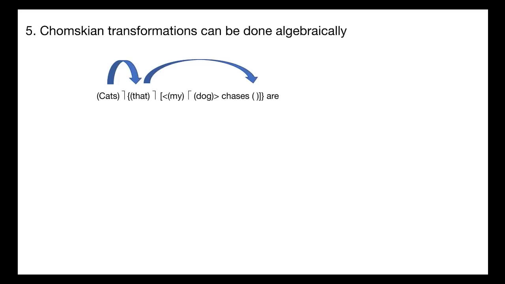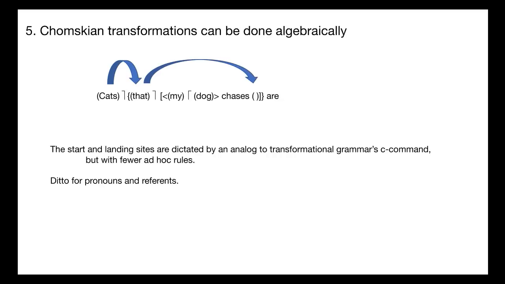And similar things, well, I won't go into that. Similar rules can assign, well, actually, I may have mentioned it. Where you start and where you end are governed by some rules. And it's called C command in linguistics. There's a complete analog here. You just have to rewrite it in terms of entities and relations. And same kinds of rules for deciding on the relationship between pronouns and reference. If you violate those rules, the sentence isn't grammatical. So that's how you tell a grammatical sentence from an ungrammatical sentence.